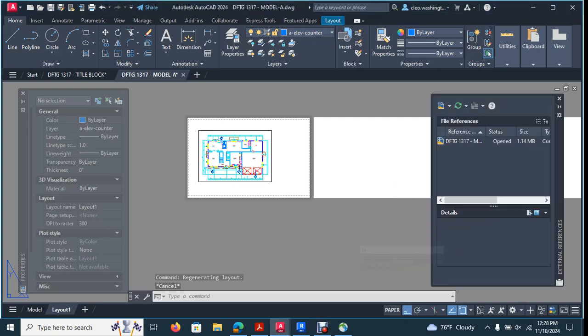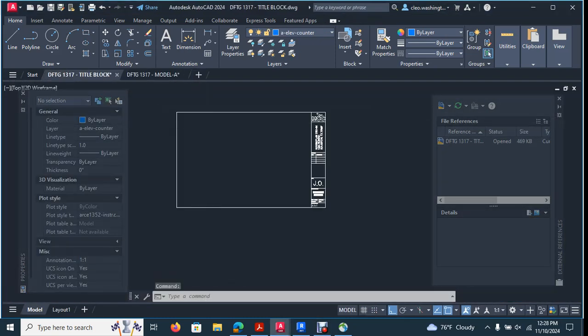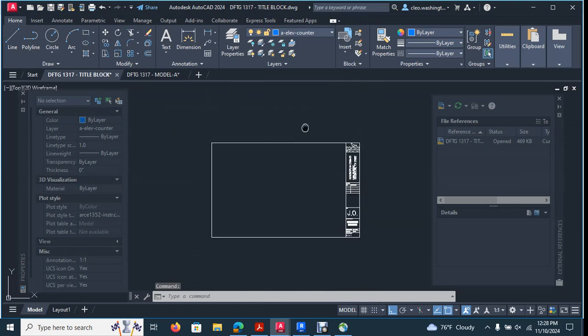Testing, testing. Okay, so what I want you to do is to bring your title block into a new drawing,